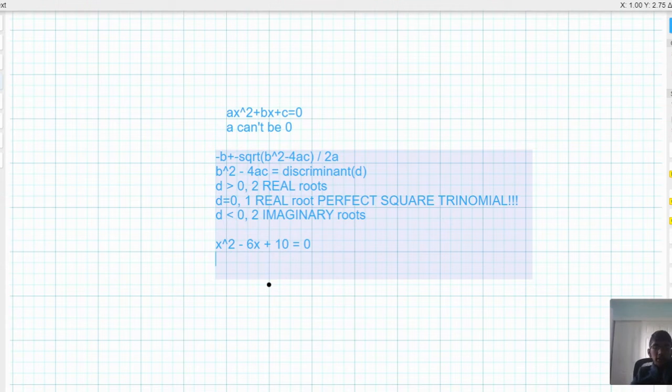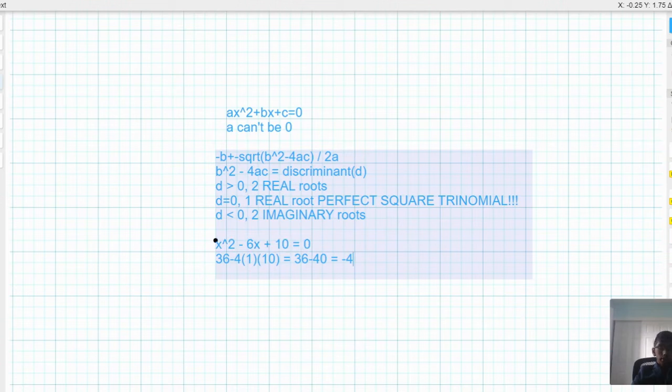Okay, so let's take the discriminant. First you want to square b. So 6 squared equals 36, minus 4 times 1, which is a, times 10, which is c. Now check that. That's 36 minus 40, which is negative 4. Since negative 4 is obviously less than 0, that means this equation must have two